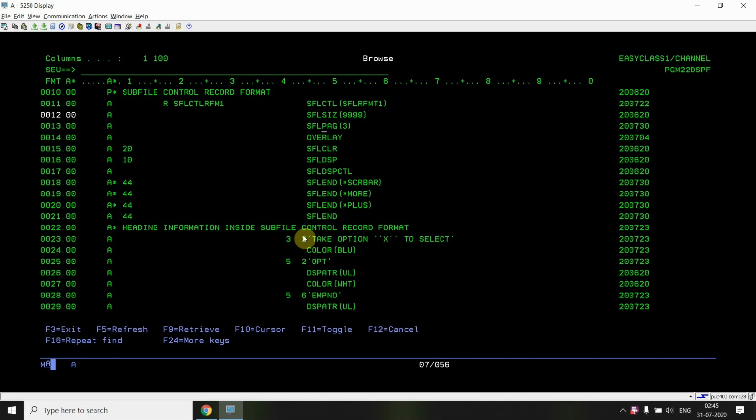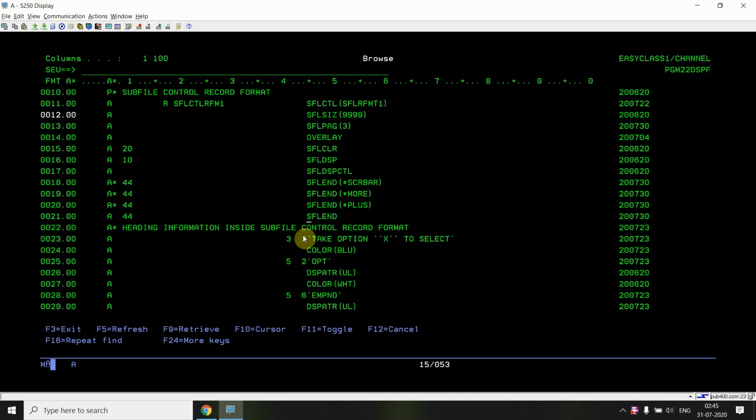Since this is a load all subfile, subfile size is 9999 and subfile page is 3, so at the maximum 3 records can be loaded on one page of the subfile. So these are the things: clear, display feature, overlay, SFLN.